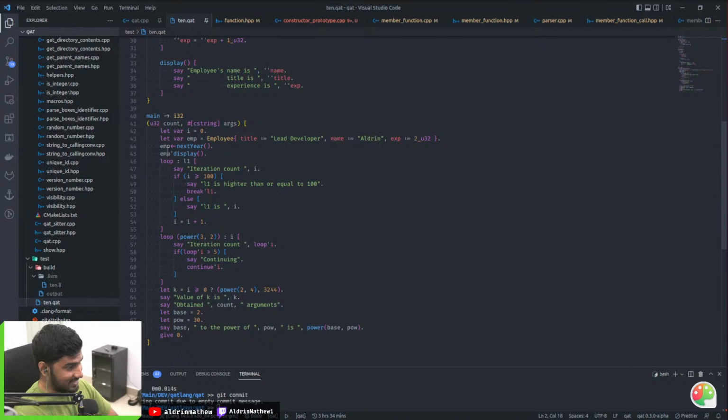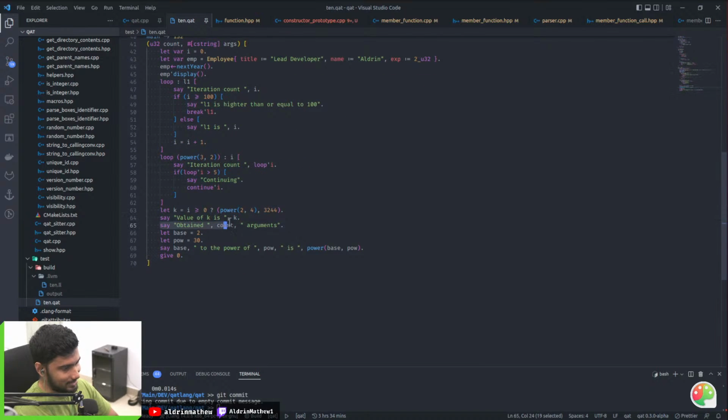Besides that, say is a custom sentence. It basically is equivalent to printf, and it uses printf under the hood, by the way, but you don't have to provide a custom formatter. So it's like a convenience thing. In the future there will also be a print function that you can use to do custom formatting using a custom formatting string. But right now this automatically creates the formatting string for you.